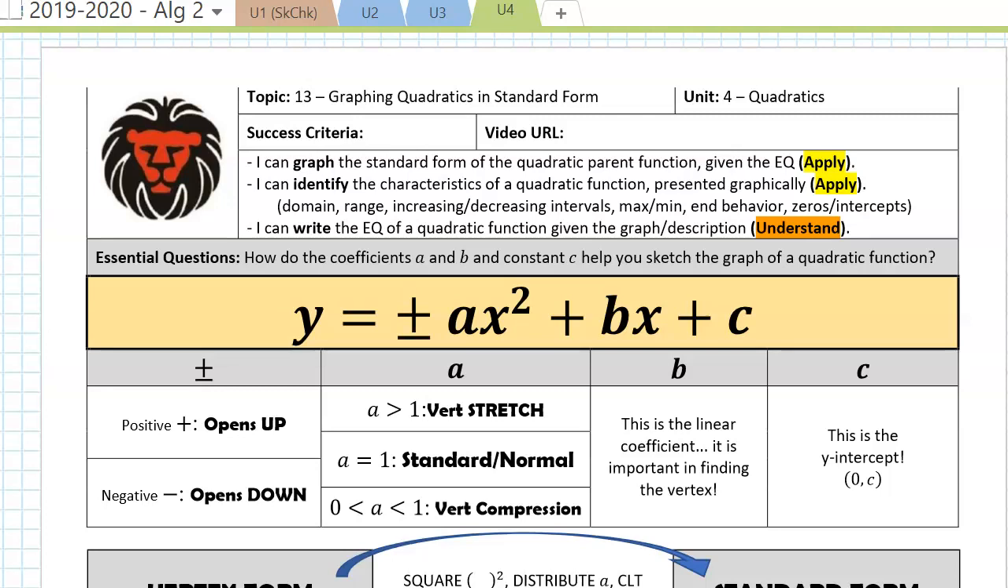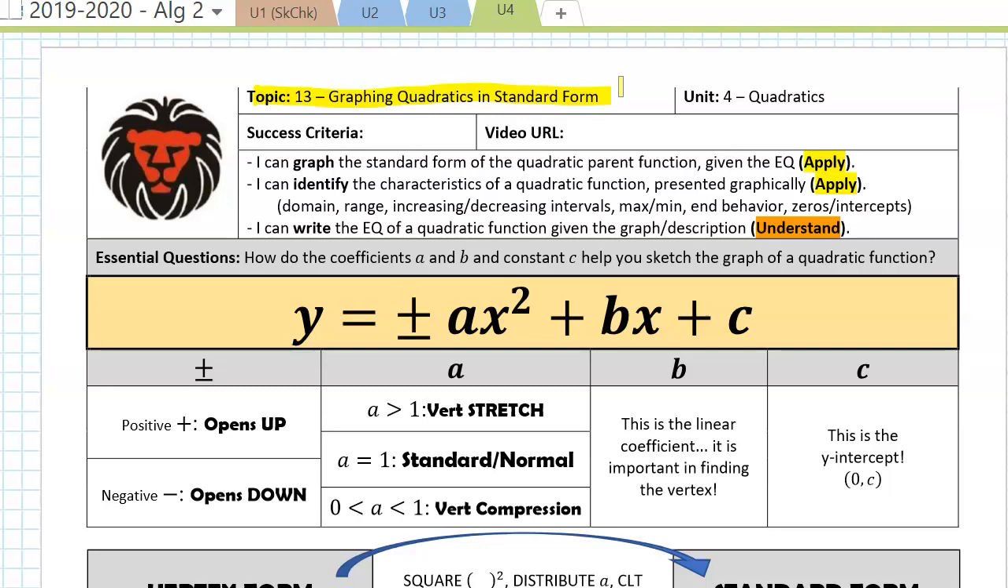This video is on how to graph in standard form, topic number 13, standard form of a quadratic. So, we discussed vertex form and intercept form of a quadratic. This is our third form called standard form. Out of the three different forms, this is the form that gives us the least amount of information that helps